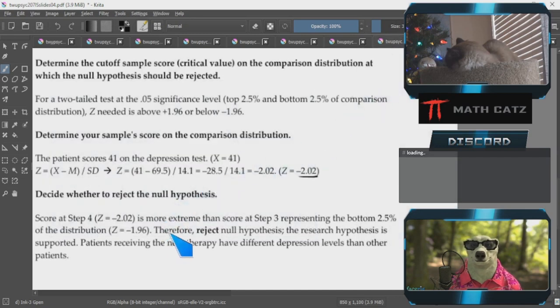A sample doesn't prove the research hypothesis, but it can contradict the null hypothesis. There is a difference in the logic. Patients receiving the new therapy, the evidence suggests we should say it like this. We can never say patients receiving the new therapy have different depression level. No. The evidence suggests